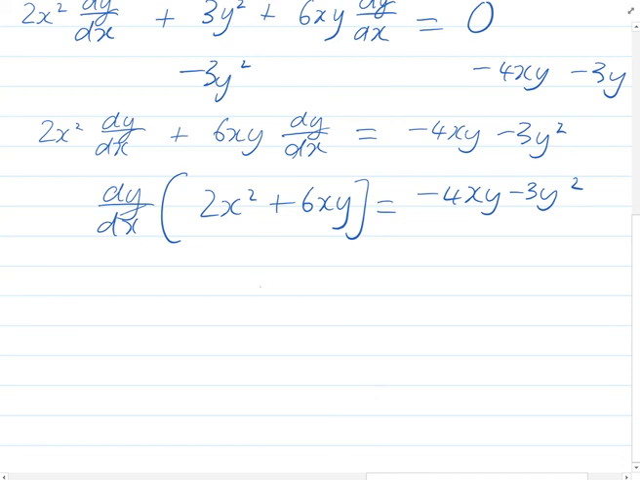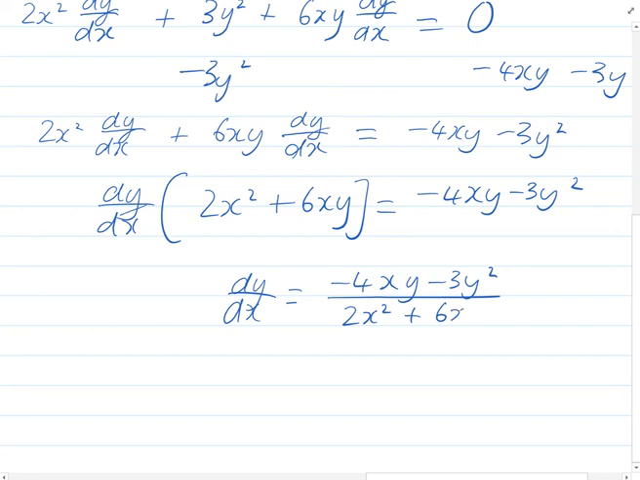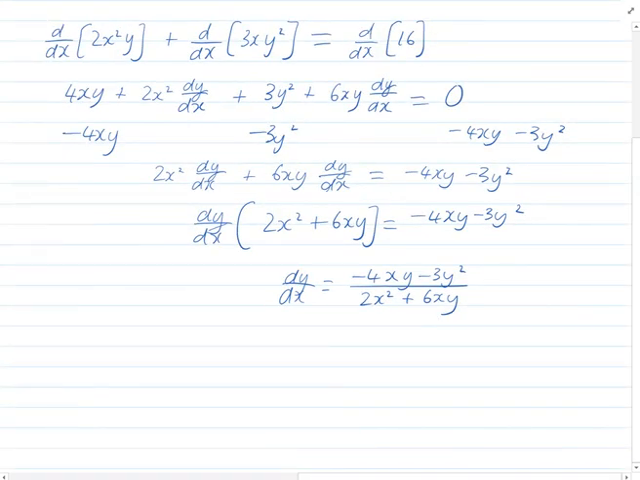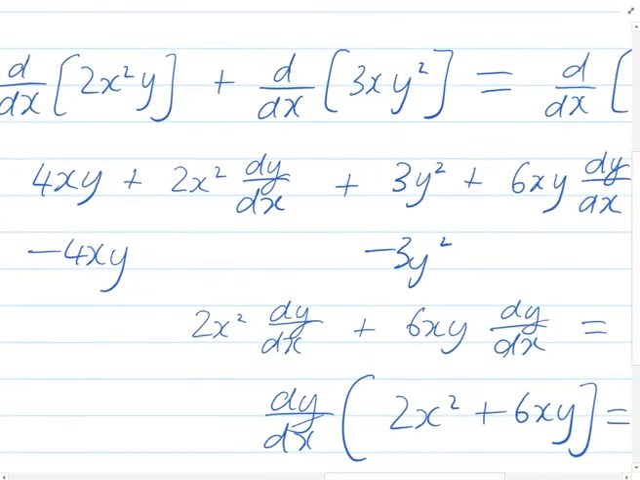And so we can say that dy by dx is going to be all of that right hand side divided by all of this, and that's it. So quite a complex derivative in the end, but the key really is to know what you're